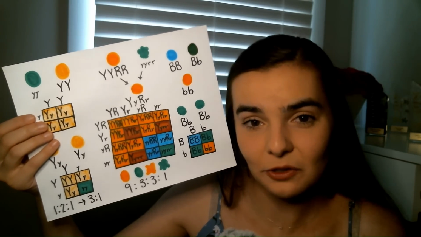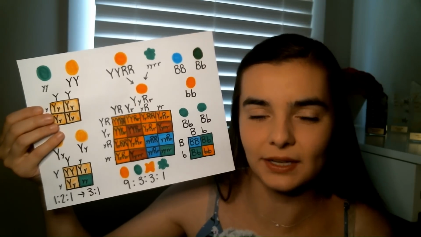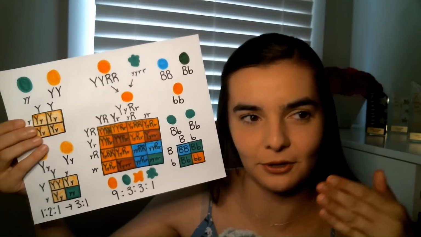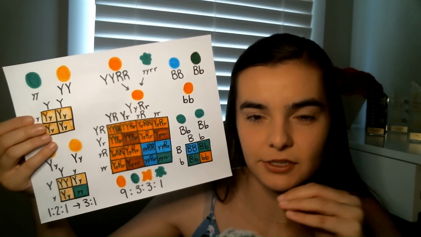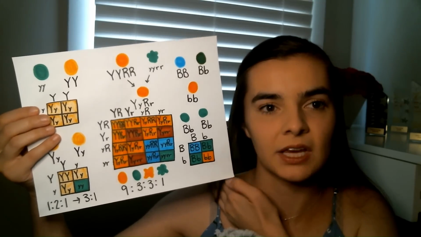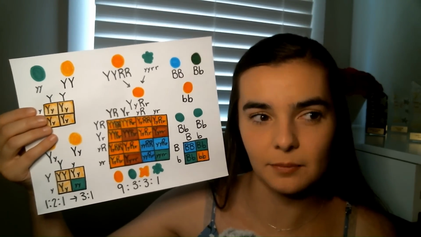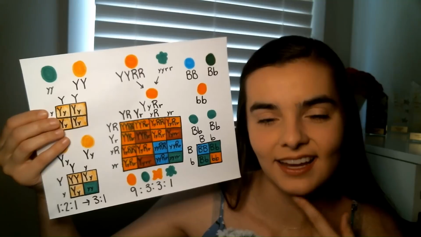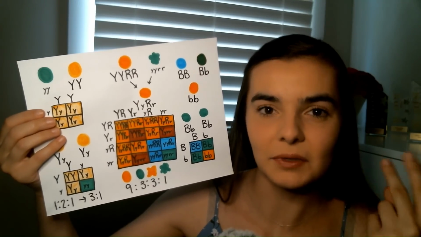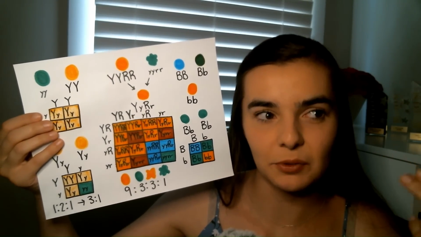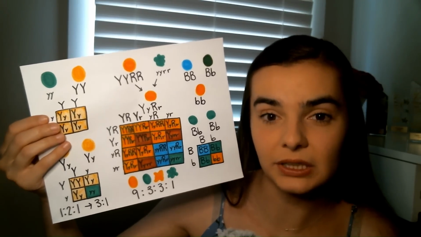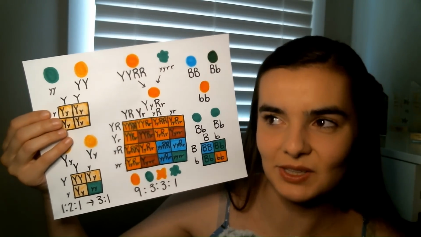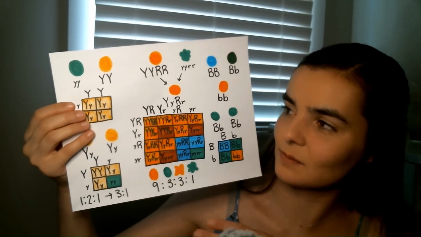If you think about humans, we don't have many traits where it's like, okay, there's this and this. You're not just tall or short, or blue eyes or brown eyes. There's such a spectrum with everything. Plus, there's a lot longer generation time and less offspring, so it's really hard to study that. Whereas pea plants can be green or yellow, wrinkly or smooth, and they produce so many offspring, so it was really easy for him to study genetics. So because he was a monk, he studied pea plants and he became the father of modern genetics. Anywho,